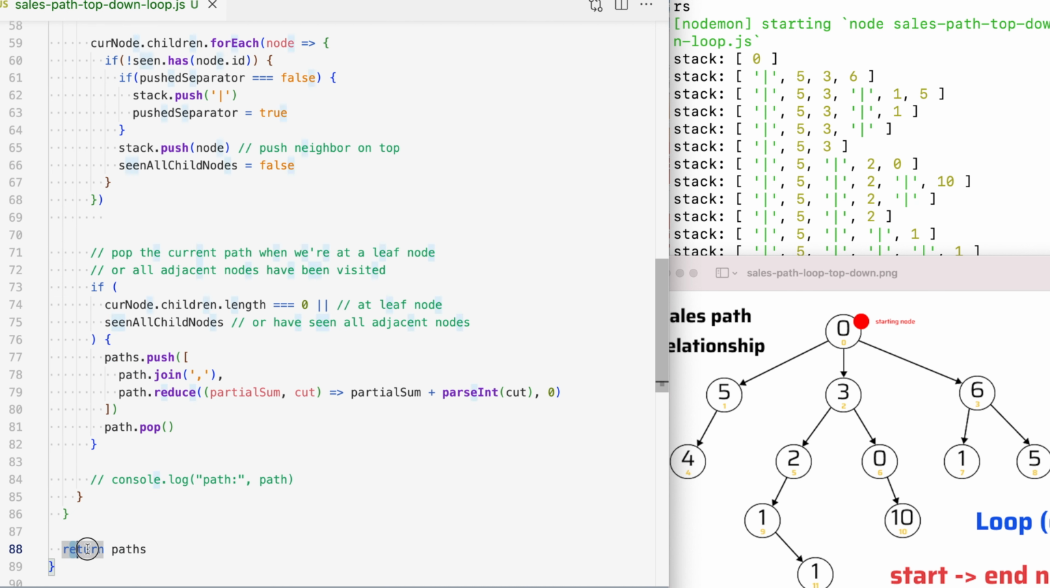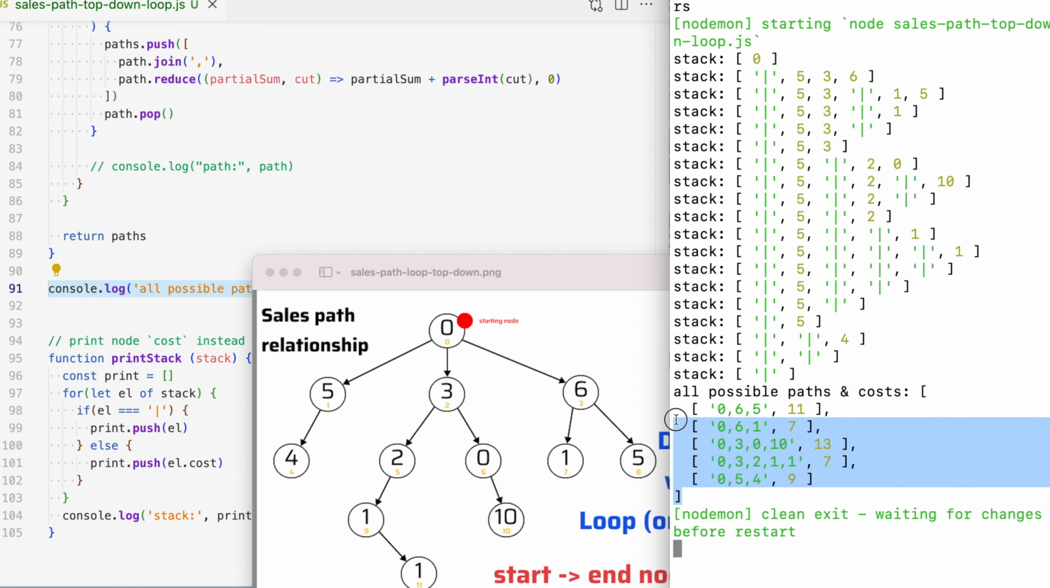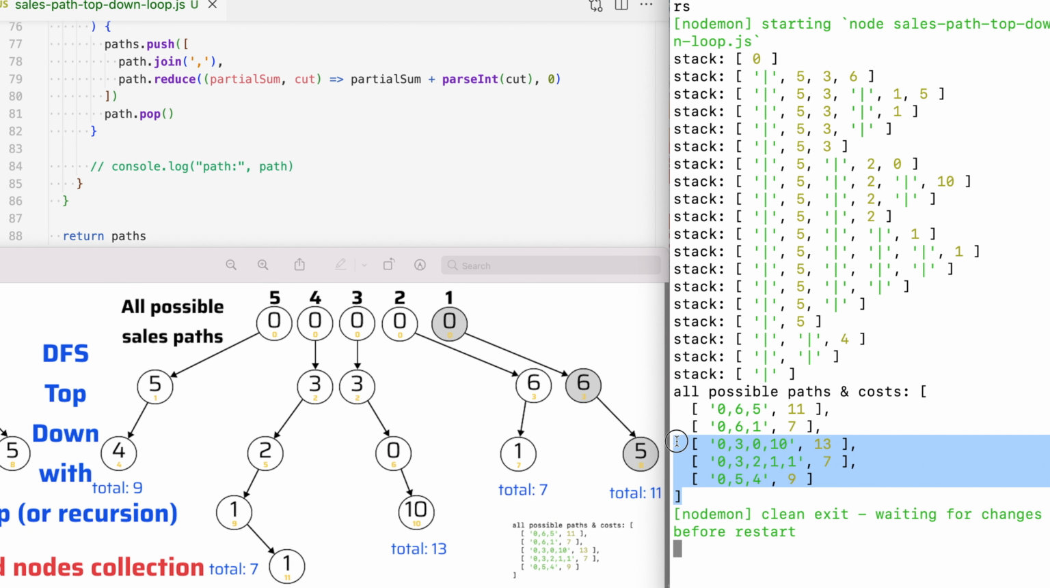After that, we return all possible paths. Then if we run our depth first search self-path algorithm, this is the result that we're gonna see. We're gonna have all possible paths along with the total cost of that path. And that is what we have right here in our photo. We have 5 paths, which are all the possible paths, and we have the total cost of each path